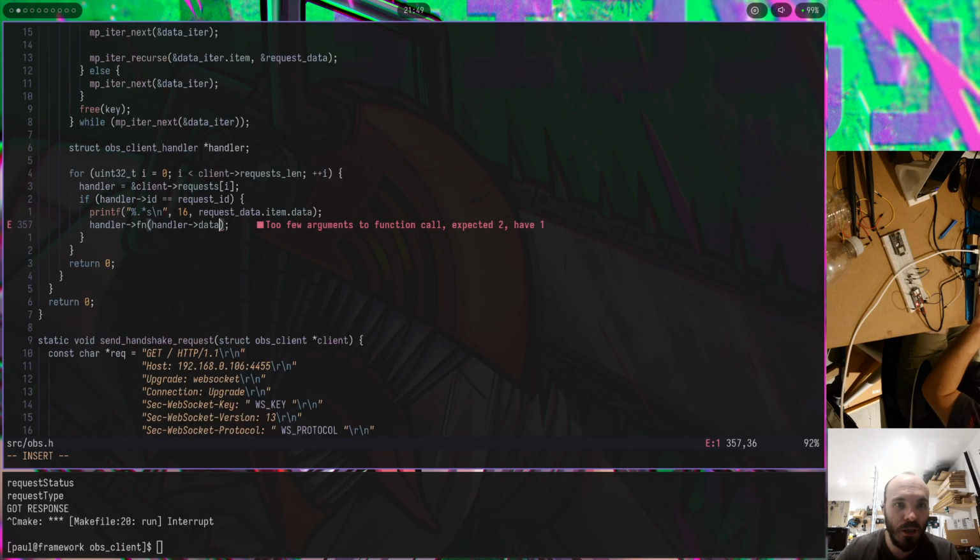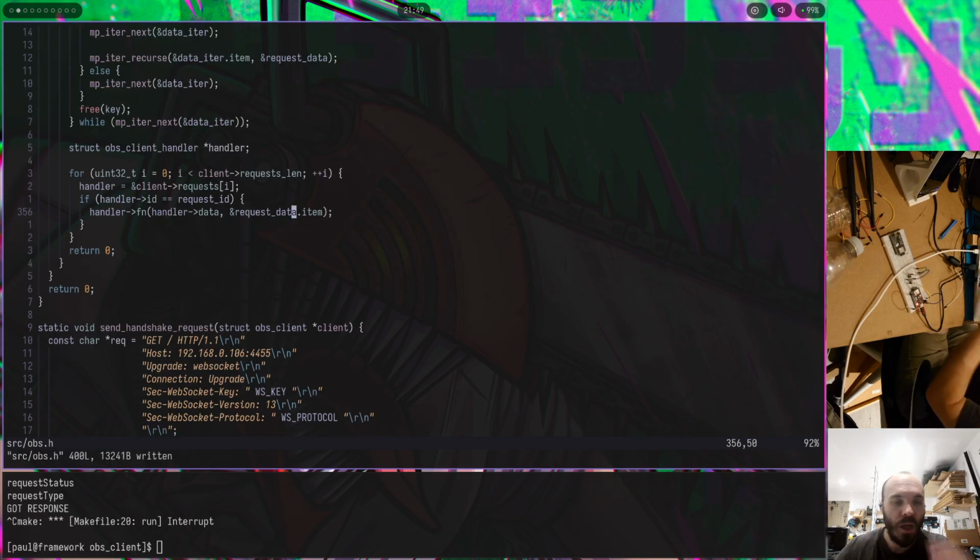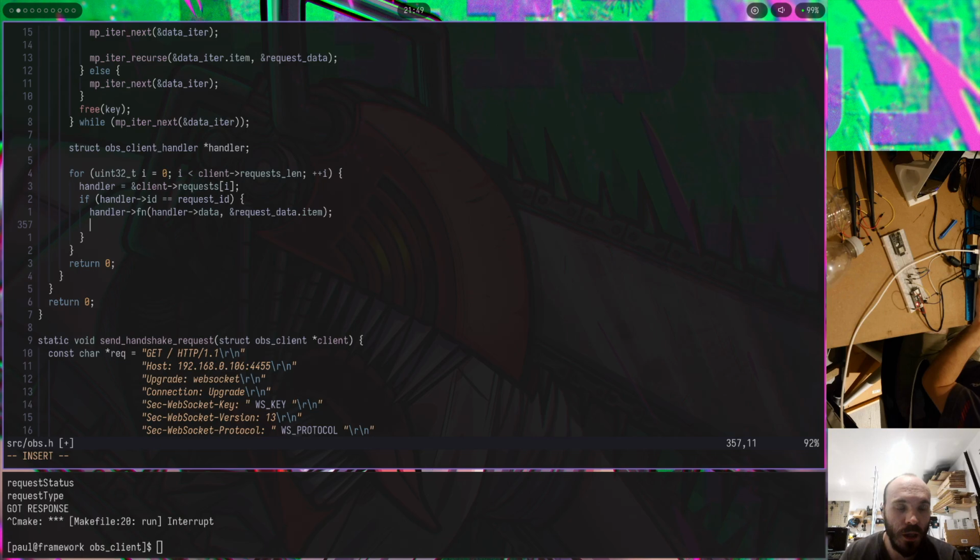Now what that means is here you've got a problem, or do you? Because you can receive request data dot item, and it's important that you deal with it immediately, because it will automatically be freed at the end of all of this, right? So you have to be careful with that. Same goes with once you find the handler right here, and after you call the function, you need to do